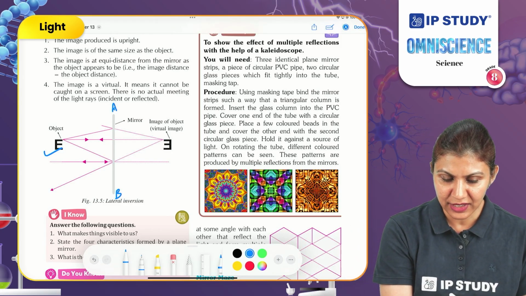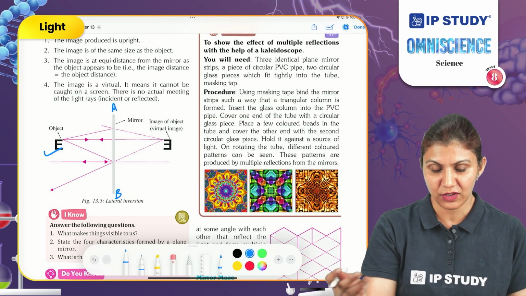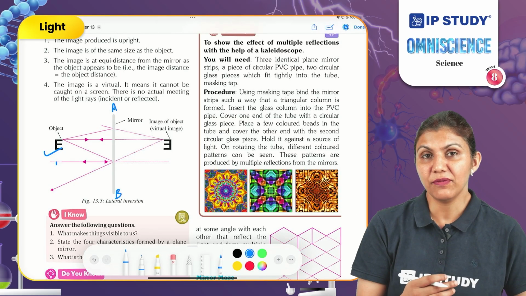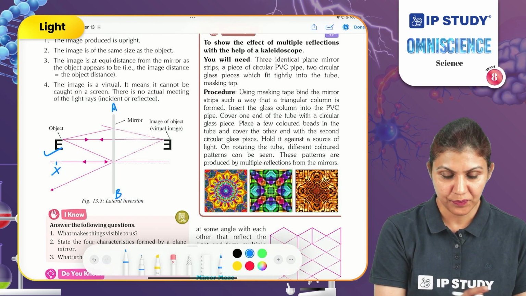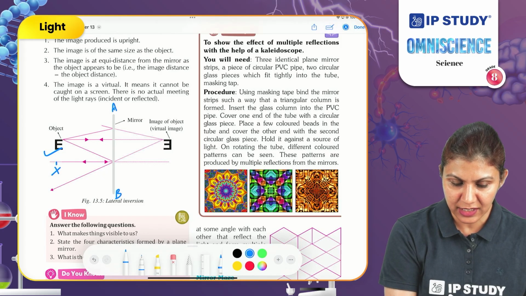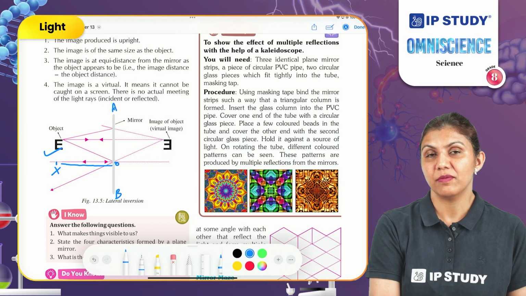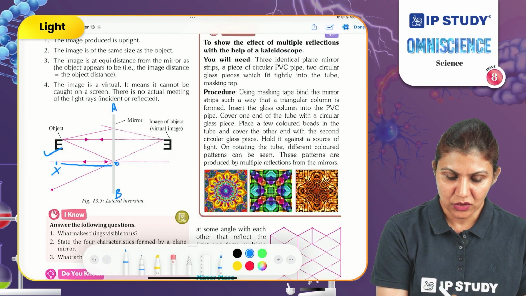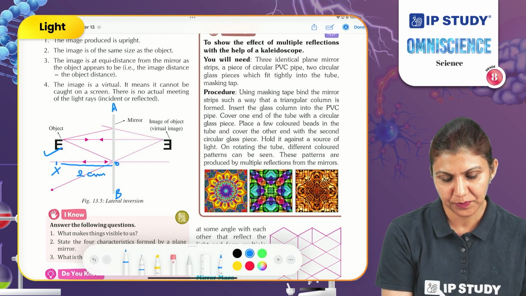When light rays form its image on the mirror, the image is actually assumed to form on the other side of the mirror. If the object is placed at point X in front of the mirror, you need to measure the distance between the point X and the point A, which is in contact with the surface of the mirror. Suppose it is 2 centimeter.